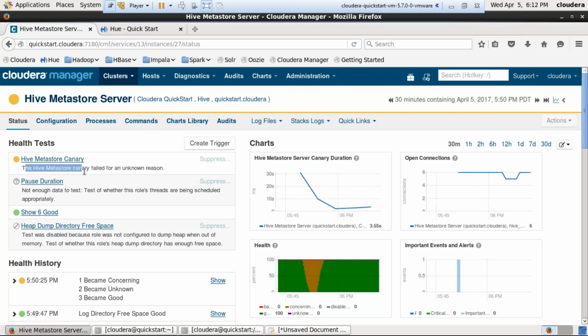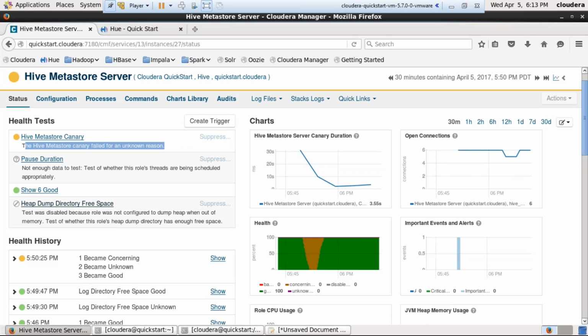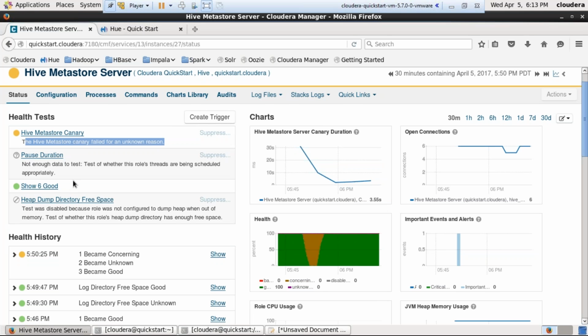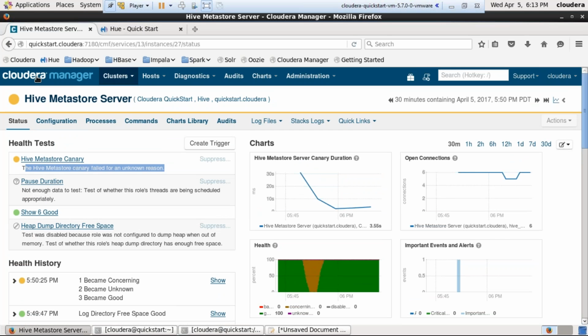The Hive Metastore canary failed for an unknown reason. That is the reason why it went to the concerning health state. Then it automatically rechecked, and when the service was available, it came back to the good condition. So to make all these configurations available,